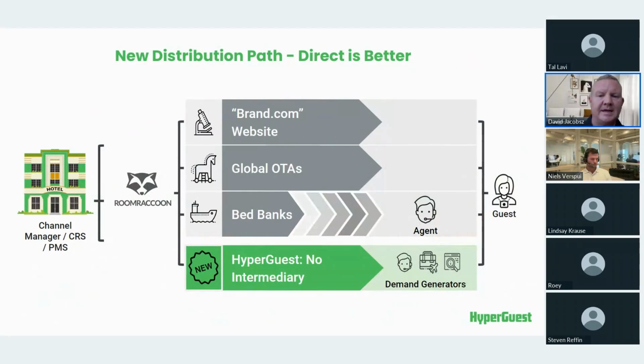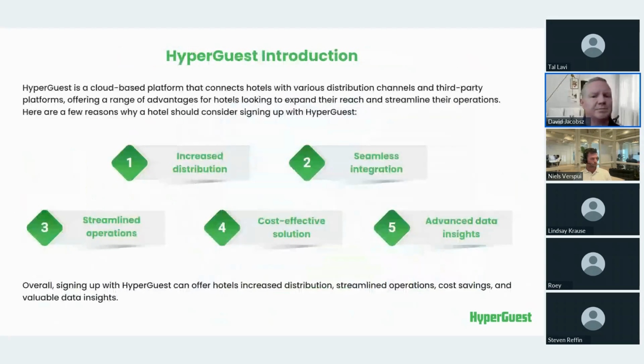So just a quick introduction on HyperGuest. What is HyperGuest? In one sentence, it's basically an aggregator between hotels, guest houses, lodges, resorts, big chain hotels, to agents. That is basically what HyperGuest does, and it gives you access to various distribution channels with a range of advantages to basically extend your reach through simple operations, or giving you access to direct business through a simple, efficient channel. So what are the reasons you should sign up to HyperGuest?